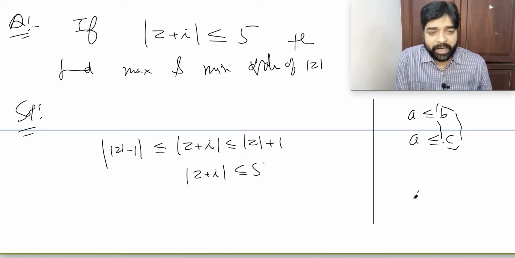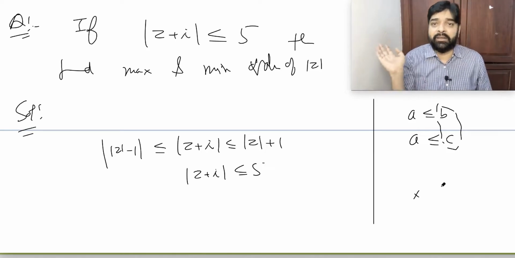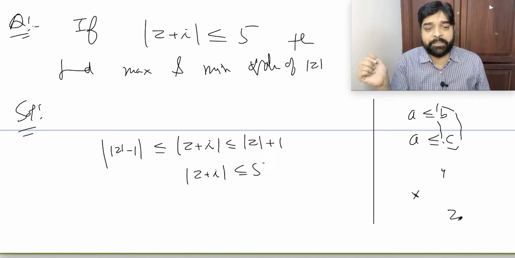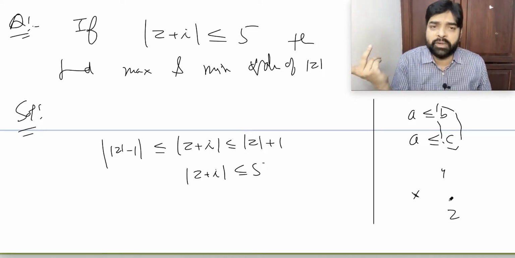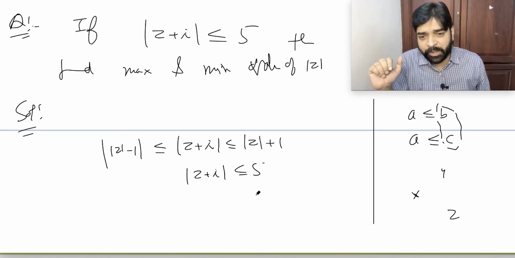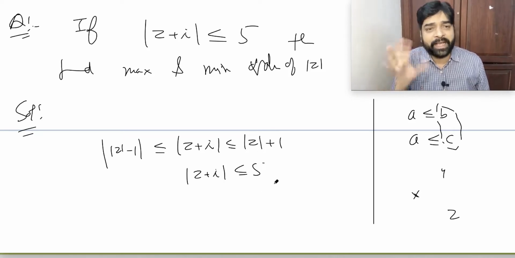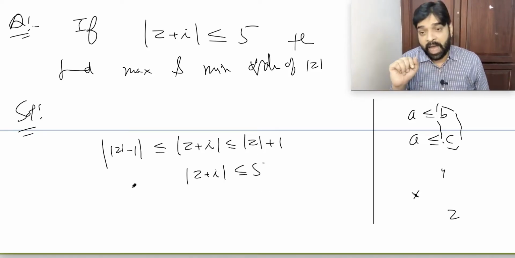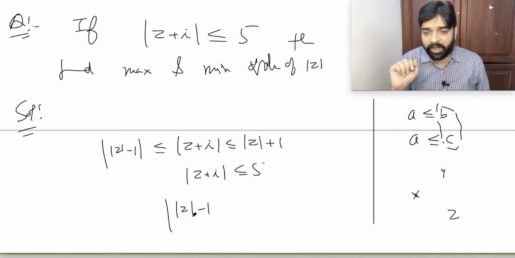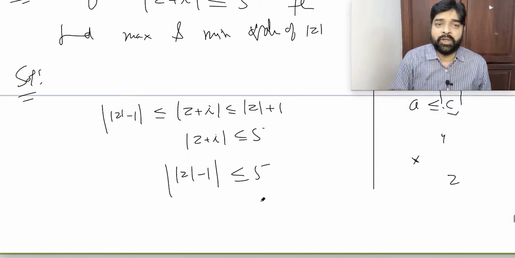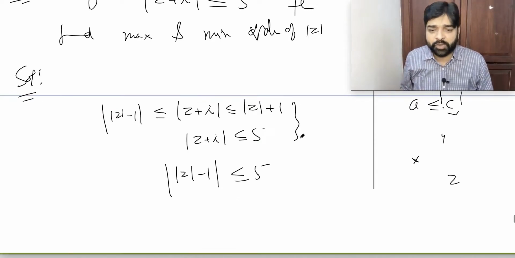Suppose somebody says one person X is younger than some person Y, as well as X is younger than a person Z. So who is younger between Y and Z? Who can know? I don't know. We can't tell. So there is no relation between these two, 100% sure. Between mod z plus i and 5, I cannot make any relation. I can say mod z minus 1 is less than this and this is less than 5, so this will also be less than 5. Yes or no? This is the only condition I can get from these two.